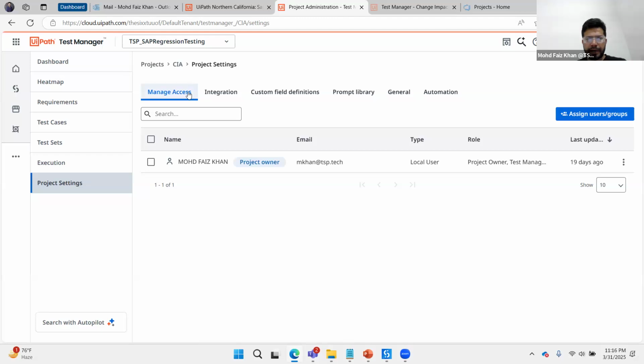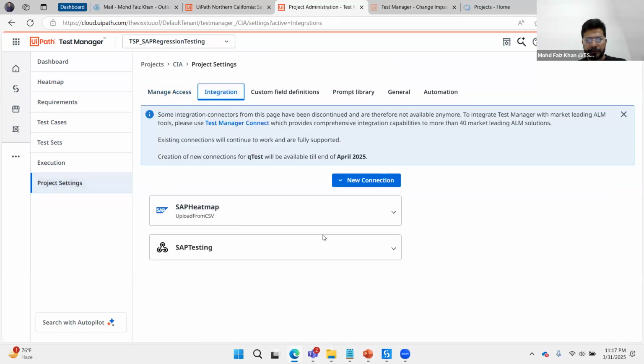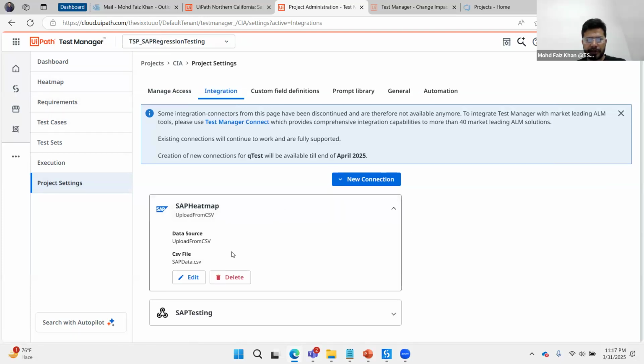So we will focus on the manage access and integration here. And under this integration, you have seen we have a heat map. So we have created this heat map with the help of this integration called SAP. I already have added this integration, that's why it is not reflecting under this new connection. So you can edit,